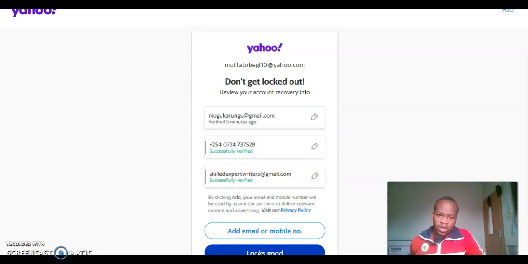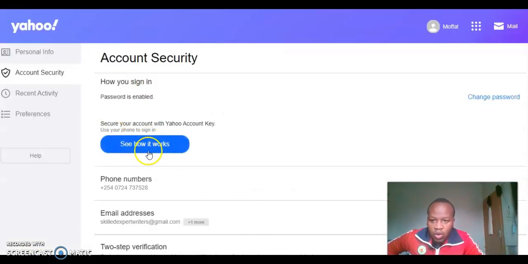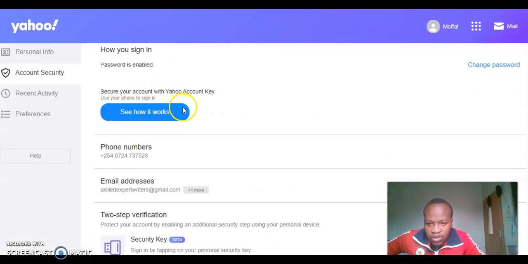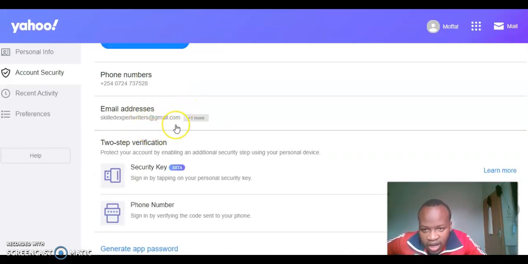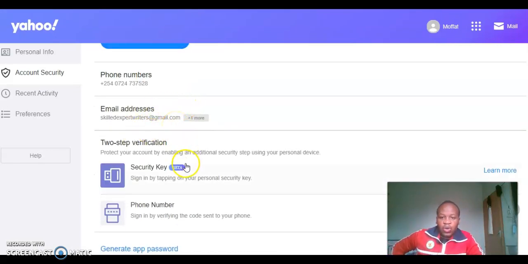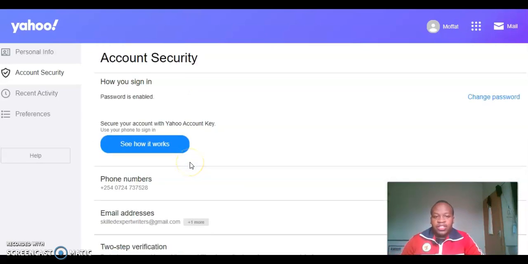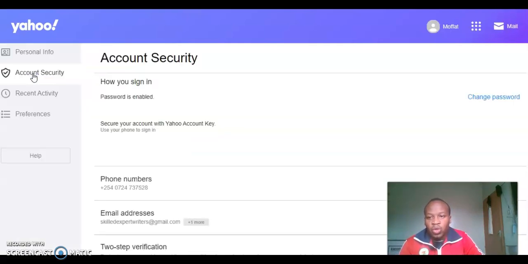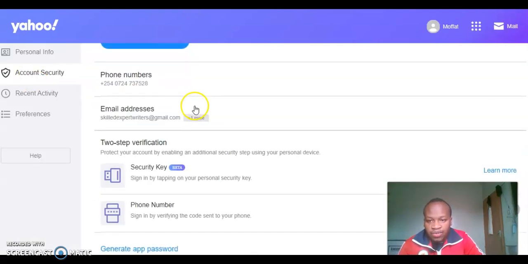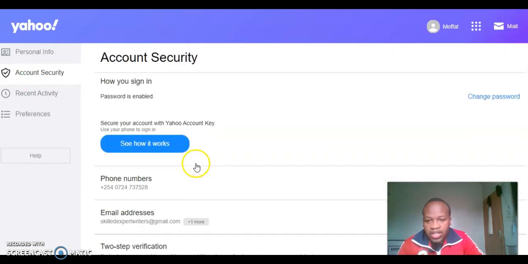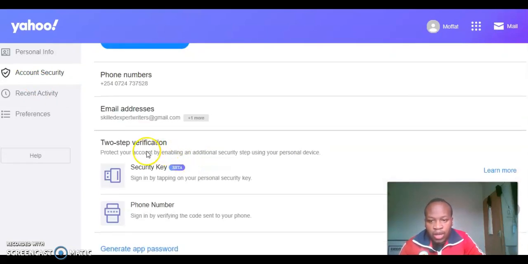I'll click looks good. Upon clicking looks good, it tells me account security. You can see now everything is secure. That is the step by step how to secure your Yahoo Mail account. Now when I come to the security information, everything has been changed. I've also enabled